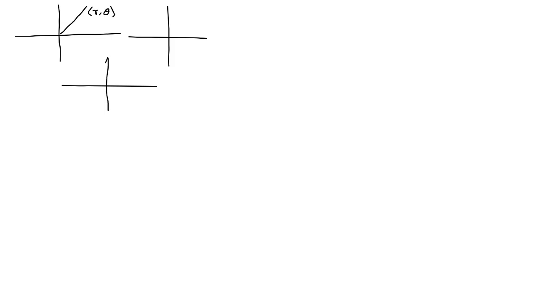For example, if I draw the three graphs, this is the graph of r and theta. This is also the graph of r and theta. This is also the graph of r and theta. Graphically, how do you say that it is symmetric along the x-axis, symmetric along the y-axis, and symmetric along the origin?